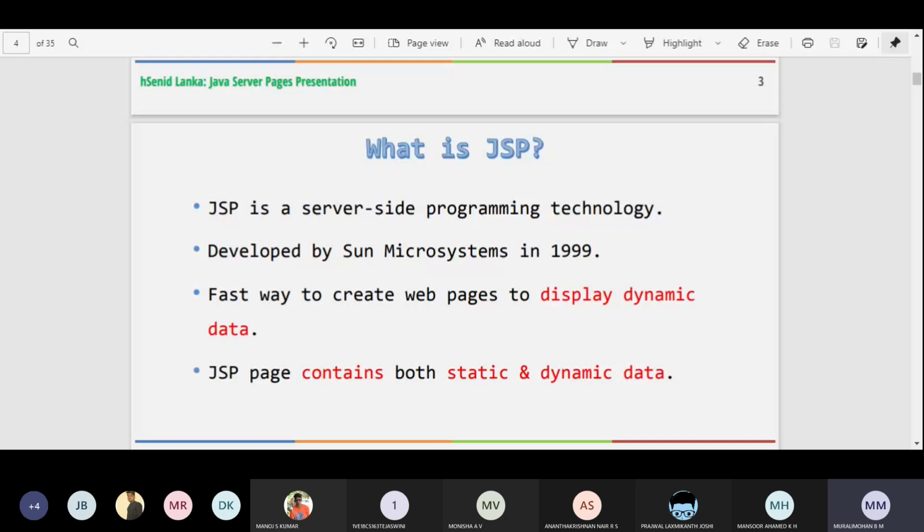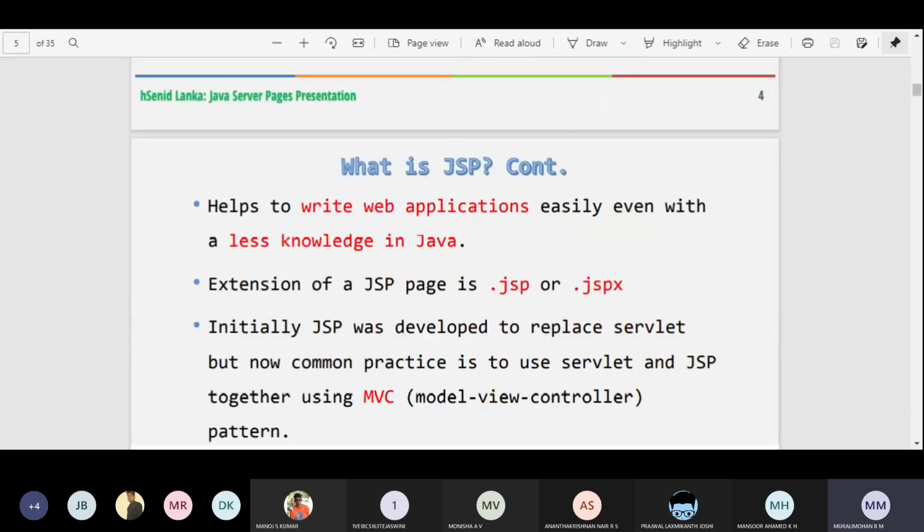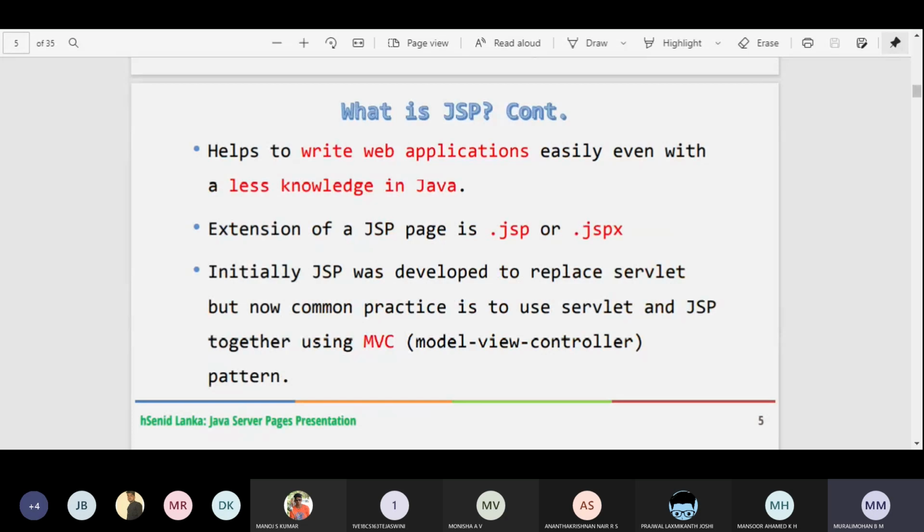While writing the JSP page, we are going to include both HTML content as well as Java content. Okay, we can write HTML as well as Java code inside the JSP page by using JSP tags. Right? So it helps to write web applications easily with less knowledge of Java.